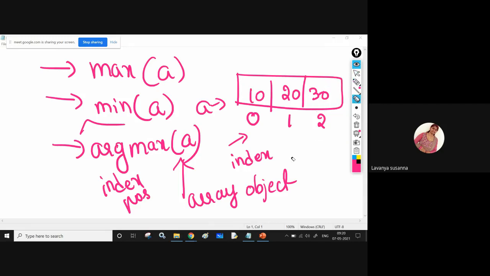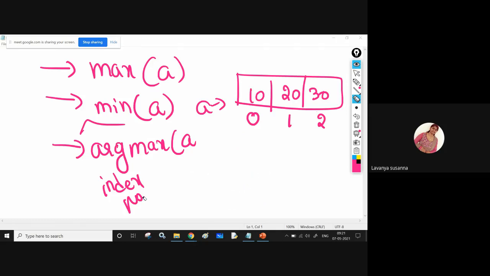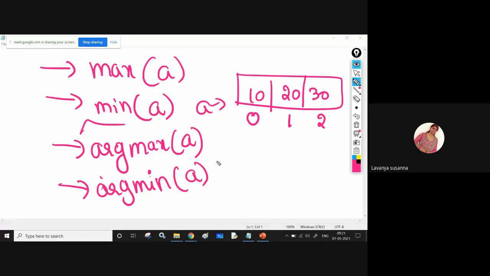Next, argmin. I will execute and I will show you. No need to worry. So what will this argmin function do? It will return the index or position of the minimum element.